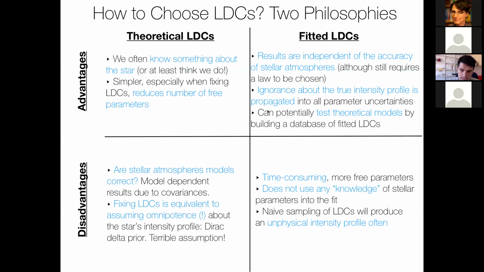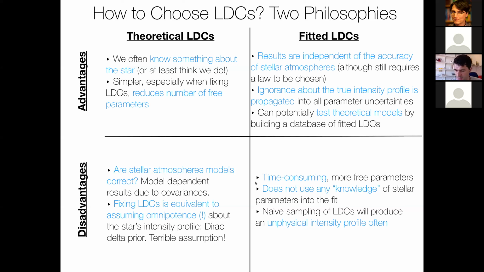It does not use any knowledge of stellar parameters in the fit. I think this is actually a fairly salient disadvantage to point out. I talked about this binary star system, but there are cases where you really are sure it's going around the star, and you know that star really well, and you're not using any of that knowledge or information if you just blindly fit the limb darkening coefficients. And that's kind of a shame, because potentially you could fit the